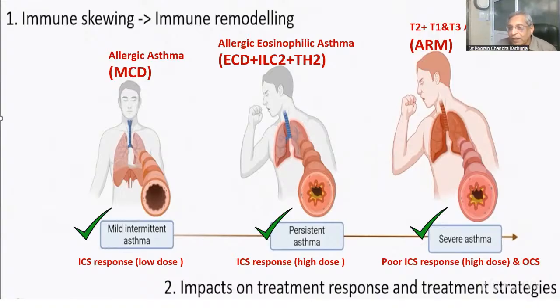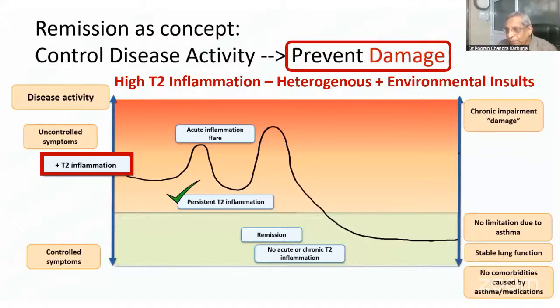And in case of severe asthma, where the remodeling has the upper hand, as we know, the remodeling has 5 factors. It is epithelial dysfunction. It is the increase in mucous hypertrophy. There is submucosal fibrosis. There is basement membrane thickening. There is increase in airway smooth muscle mass. Some of these parameters of remodeling are reversible with the biological effect, while some are irreversible. That's why these patients have a lifelong disease. But if you talk of T2 inflammation, high T2 inflammation, it is heterogeneous in nature.